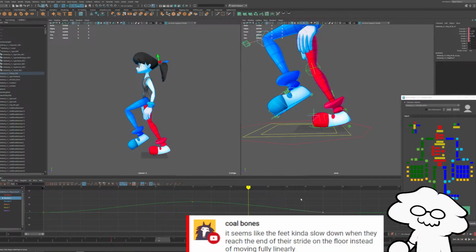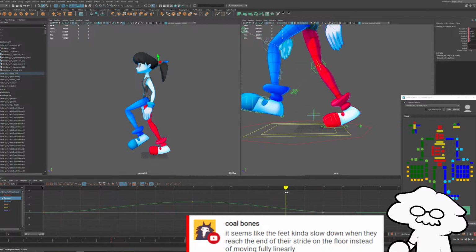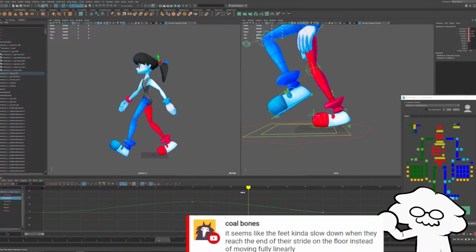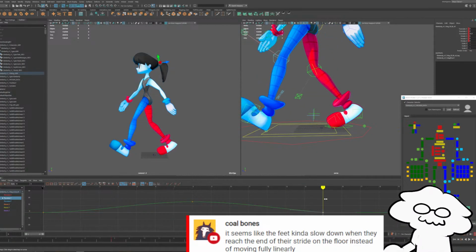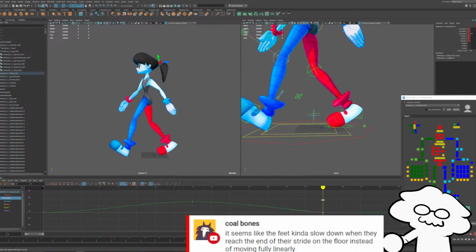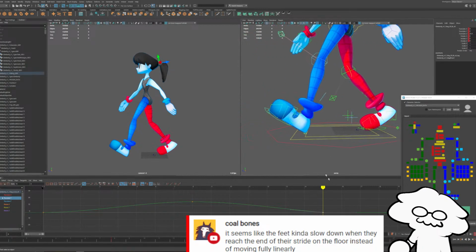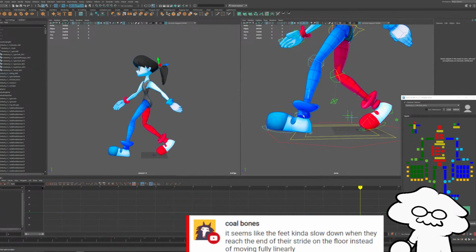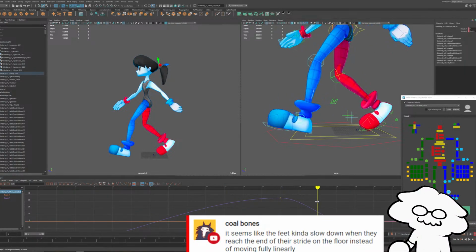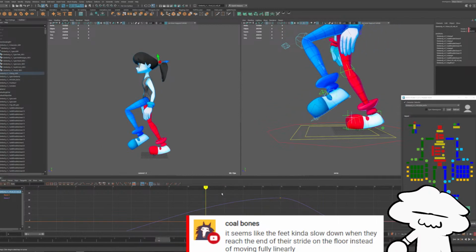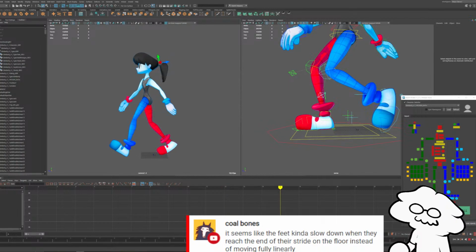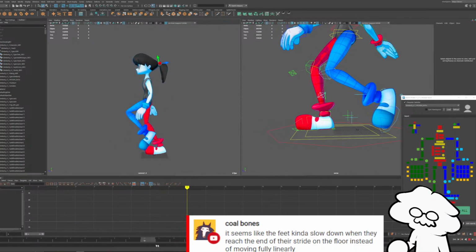So if I were to change that curve so it's a linear curve and it's going continuously till like that, so it doesn't slow down at all when it reaches that point, by changing it to a linear key. It's a little bit nicer, and then the foot roll can be done the same way, like that. Then it feels a little more natural. Obviously we'll do a lot of that in the polish stage, but that's just a small thing that will add a lot to it.